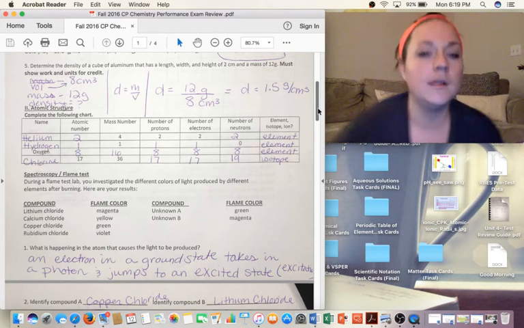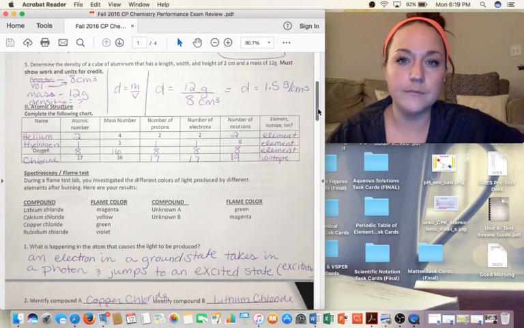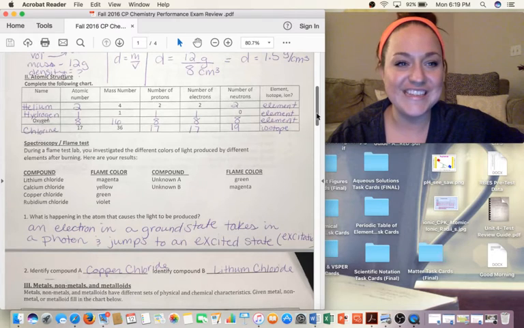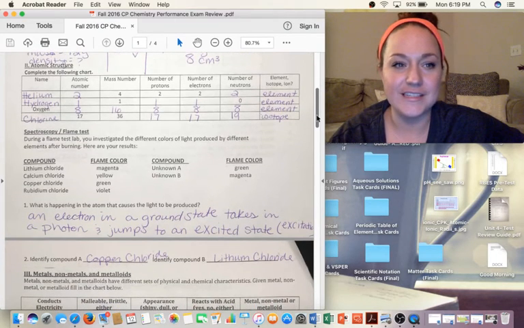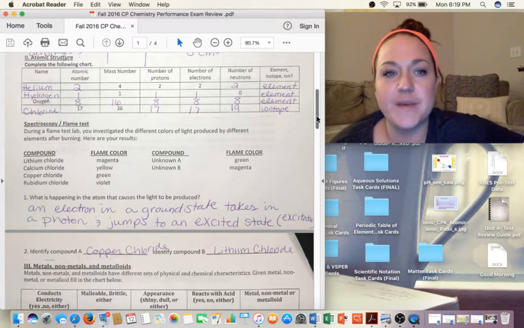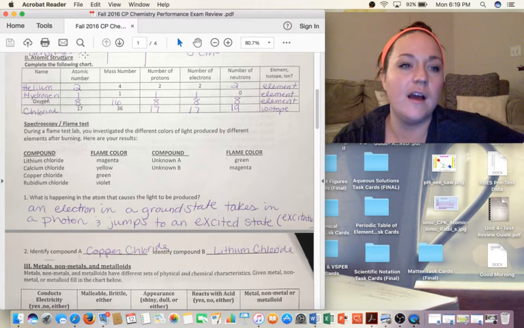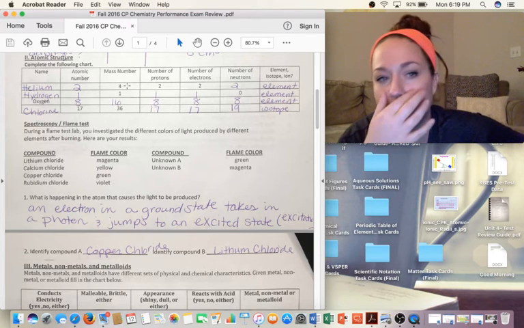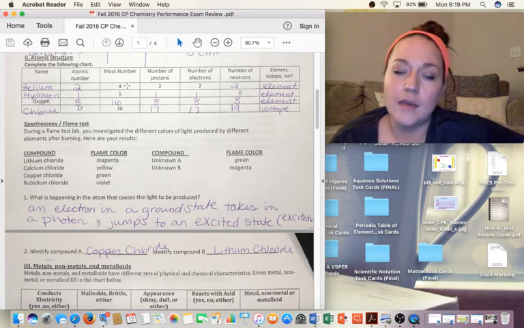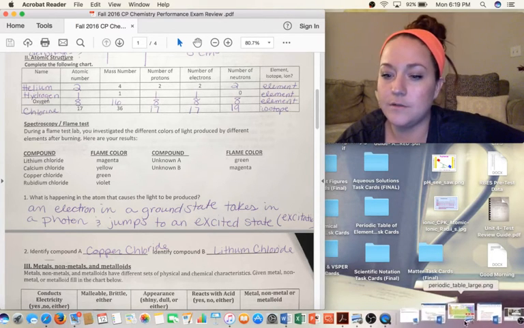All right, the next part is the atomic structure. Hopefully you guys have not lost your darling periodic tables, and you have those somewhere in your beautiful chemistry folders, binders, notebooks, and have not forgotten those. All right. So the first one, they give you a mass number of 4, a number of protons of 2, the number of electrons of 2, and then unknowns. So what you need to do is look at a beautiful little periodic table,